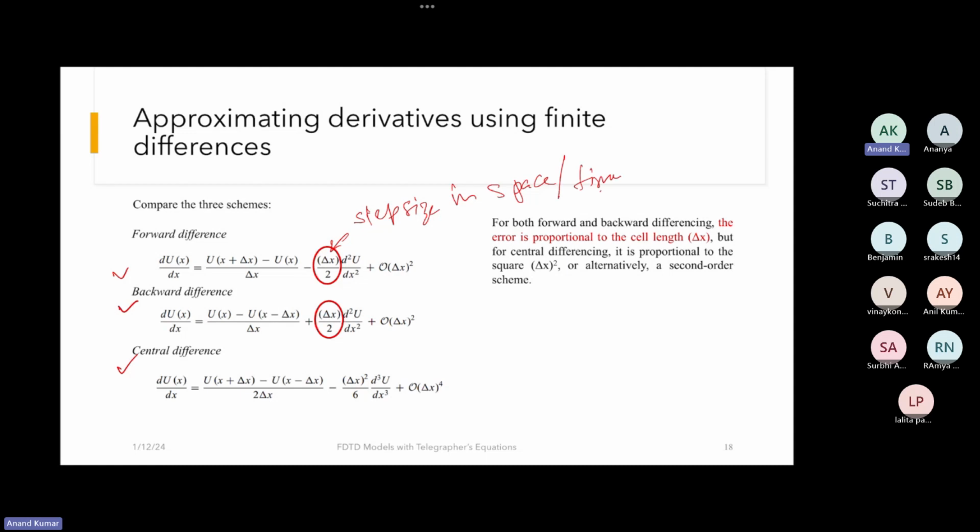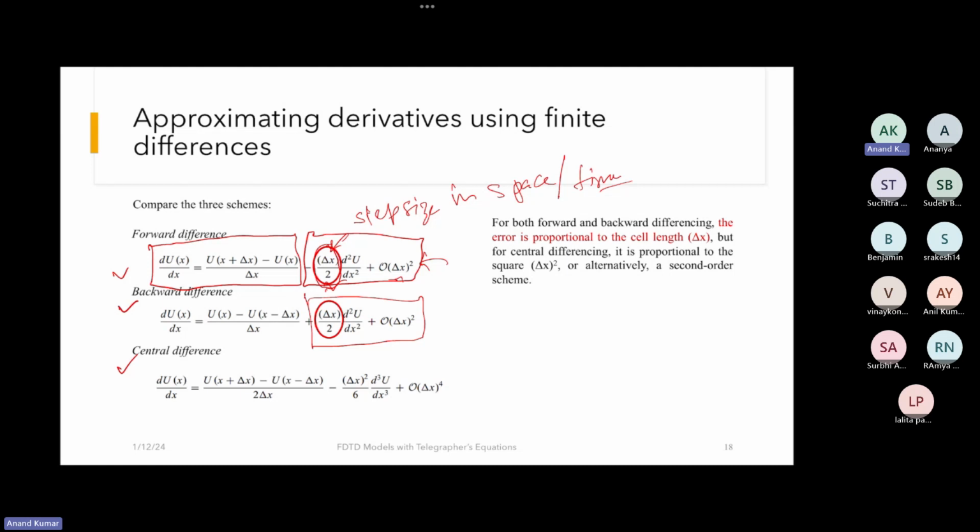So this depends upon the delta x by 2 for forward and backward differences, and this is important because what we do is we just use this part of the forward difference and we ignore this, assuming that this won't matter, and since we are ignoring these terms, the error is proportional. So this is the largest value among these two, and the error is therefore proportional to delta x by 2